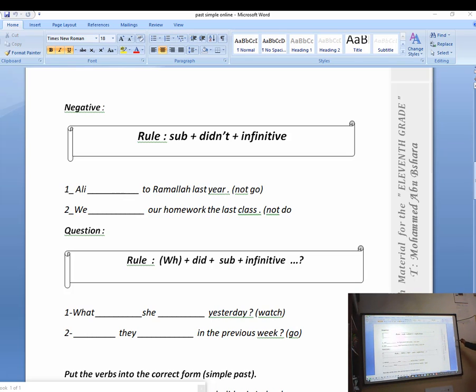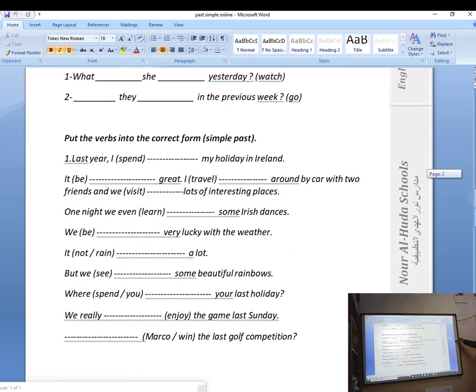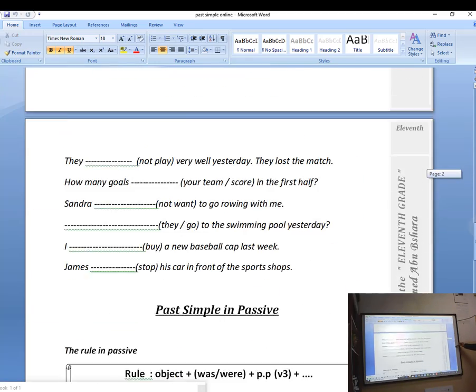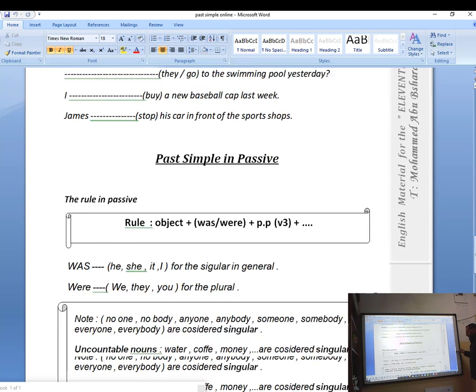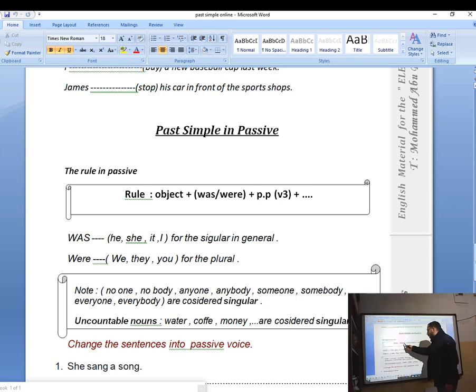So I'm going to speak about the past simple in passive. How can we change the sentence into passive? Past simple in passive. First of all, as I told you before, the passive sentence is the sentence in which we don't know the doer of the action, but this is in the past. So the rule is going to be object first. We start with the object,